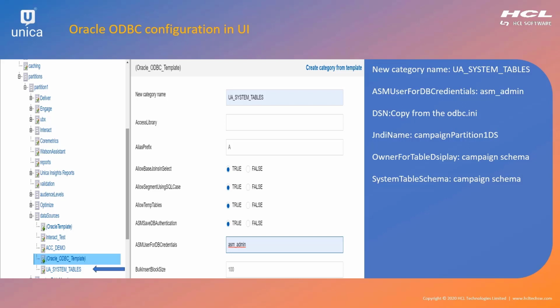As you can see, our ODBC template is now present under the campaign partition 1 data source. Now we create a US system tables data source under it. We need a few parameters which are mentioned here. Once we have these, we can save it and our data source, that is US system tables, gets created.